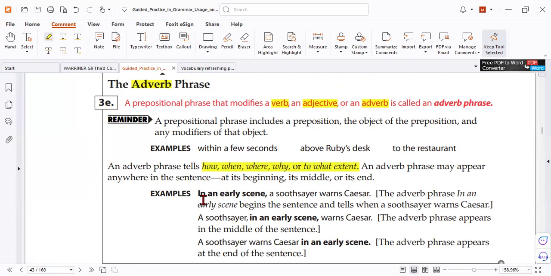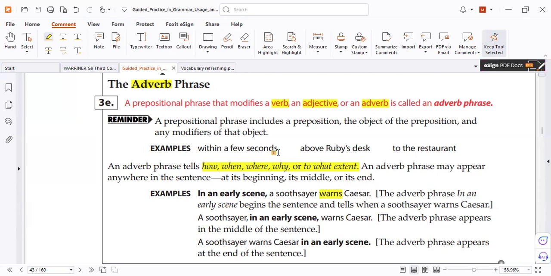So it tells you when the action happened. This one modifies the verb, not the noun, because the noun is modified by an adjective, not an adverb. So when I read any information about how, when, where, why, to what extent the action happened,